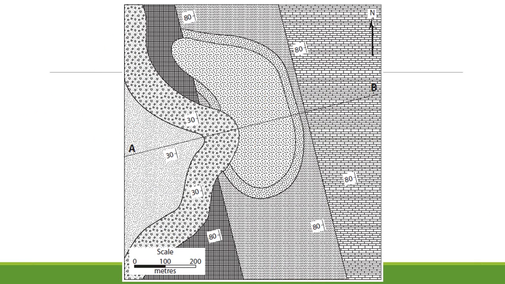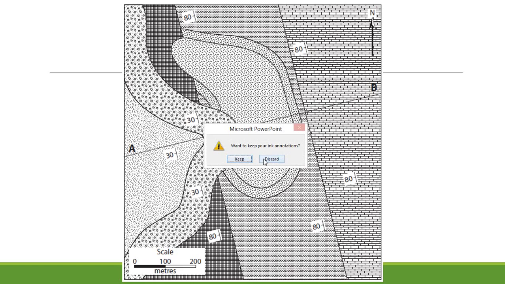So that's the two exercises. I'll pause it once again and we'll move on to the